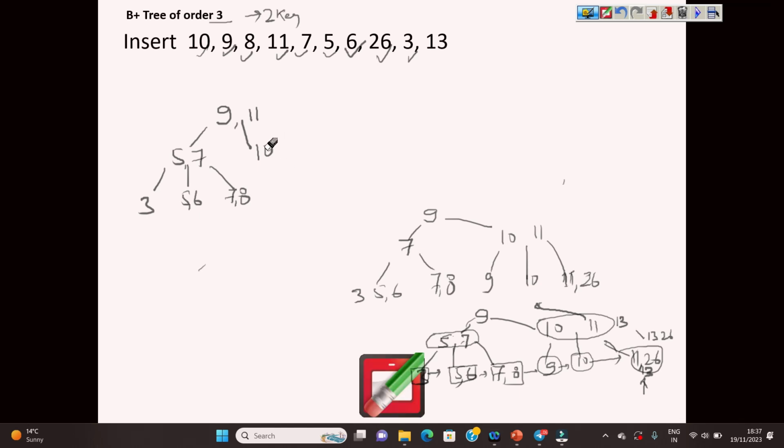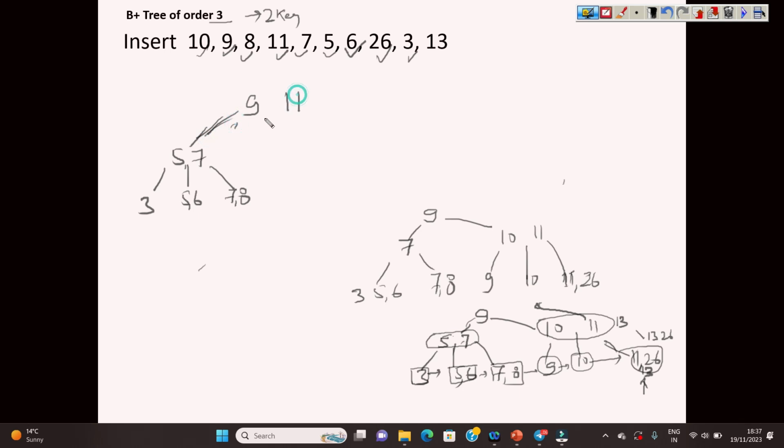So you can see 10 is actually here. Let me make it more clear. This is 9, and we have 11, and here we have 10, because it will go up. It will split into two parts, and here we have 9, and here we have 10, and at the right of this we have 13, and then here we have 11, and here we have 13, 26.